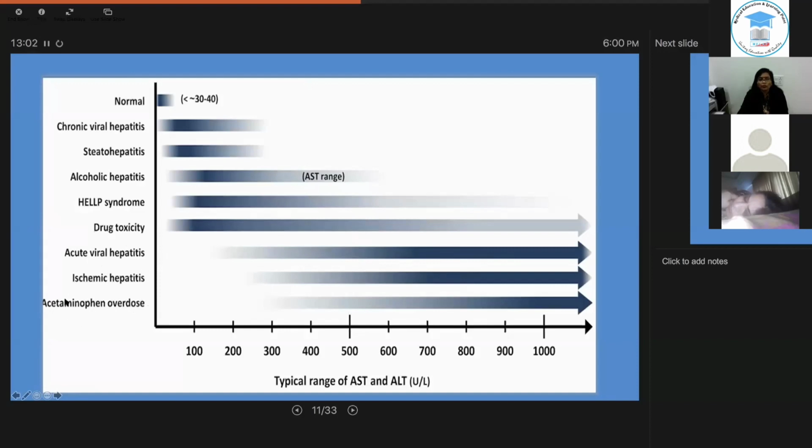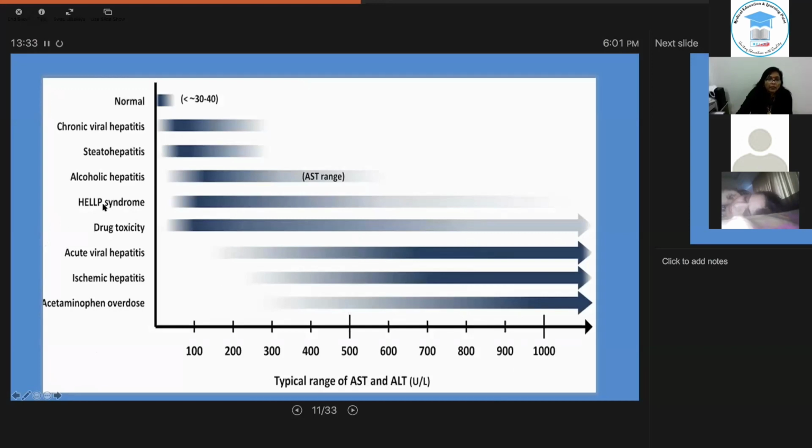Acetaminophen overdose. The paracetamol, when patient consumes in very high doses, that can also cause transaminases to rise in thousands. So the important causes of transaminases in thousands are paracetamol poisoning, ischemic hepatitis, viral hepatitis, drug toxicity, and in pregnant patients, sometimes in Gilbert syndrome, this range can be